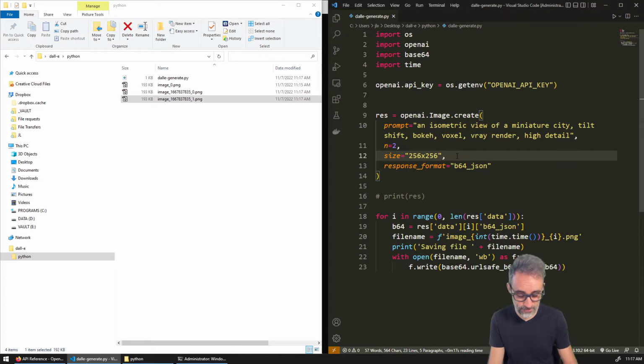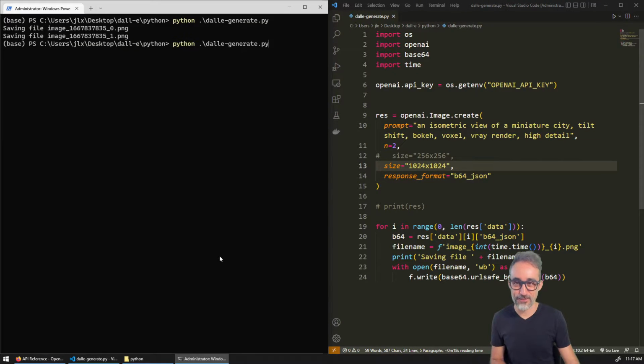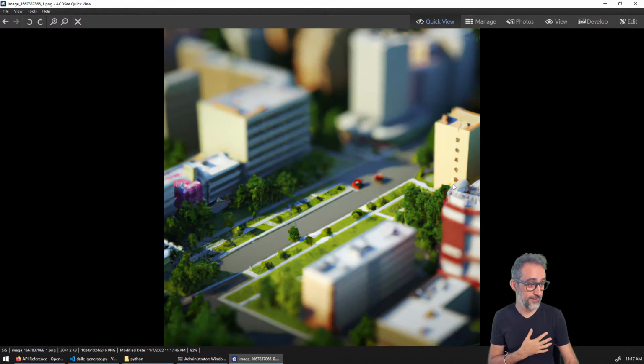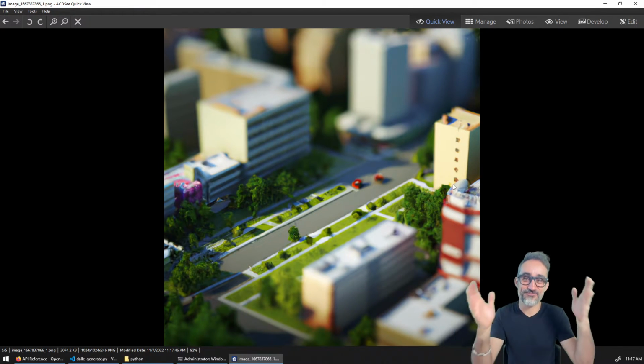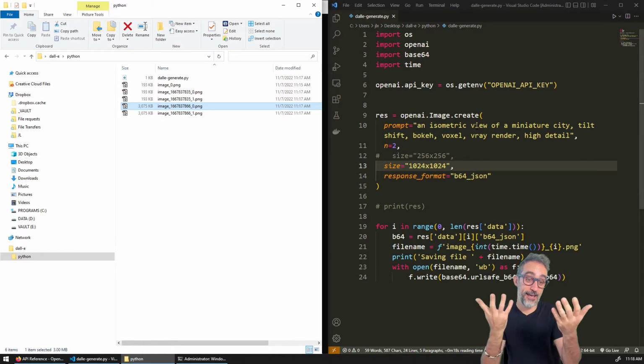Can we try with high resolution image? So 124, 124. I'm totally going to exhaust my credits out of this YouTube stream. So I'm going to do this, and then boom. The two images, this is taking a little longer because they're heftier. And then you can see that now I have the two images, this one and this one, which are 124 by 124. Hooray! We have this Python script now that we can use to generate images and to download them